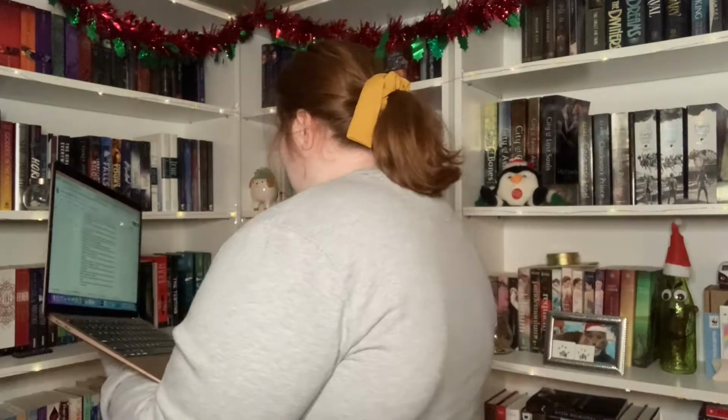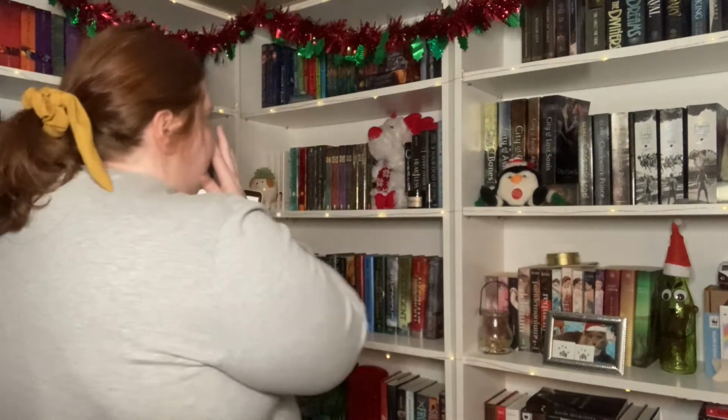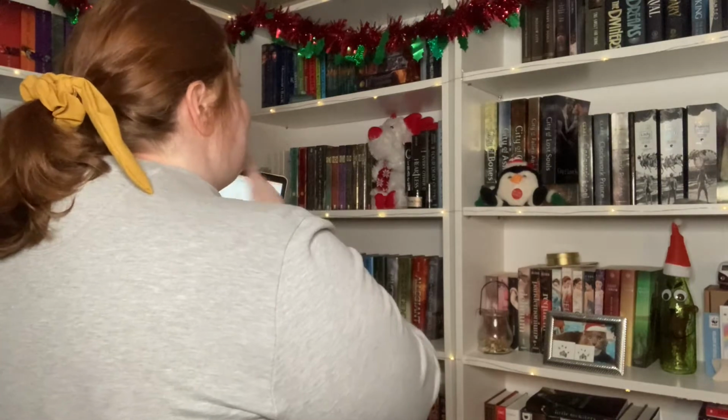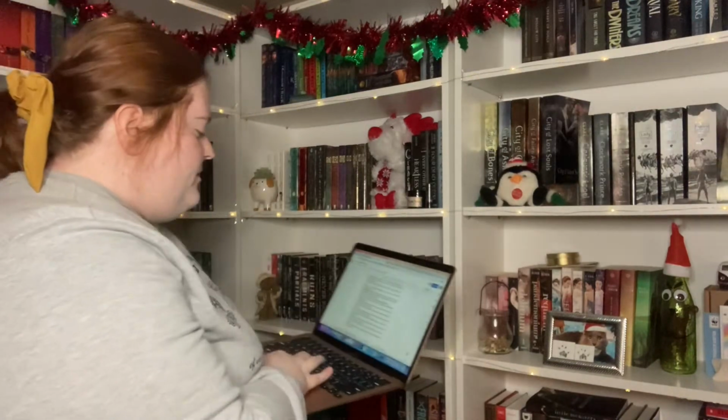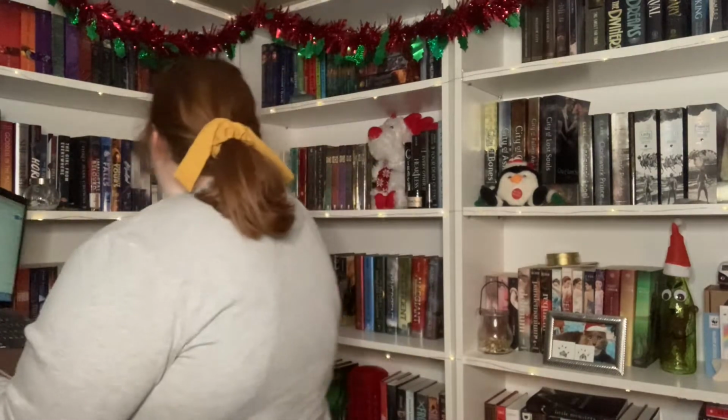Haha! Revenge plot, a book that contains a character or characters whose motivation is fueled by revenge. Revenge plot, revenge plot. I can think of ones that I have on my Kindle, but it doesn't count. Okay, we'll go back to that one as well. Here Comes the Cavalry, a book where just when your protagonist is going to lose, here comes the unexpected help. Oh my god, so that definitely feels like a fantasy. Okay, yeah, I guess I could definitely...